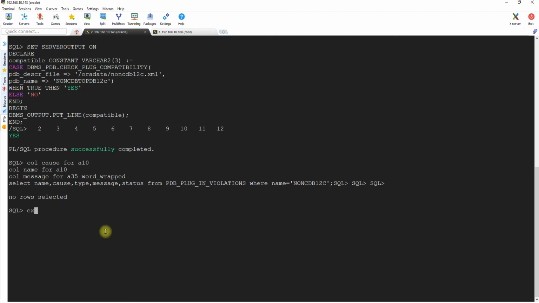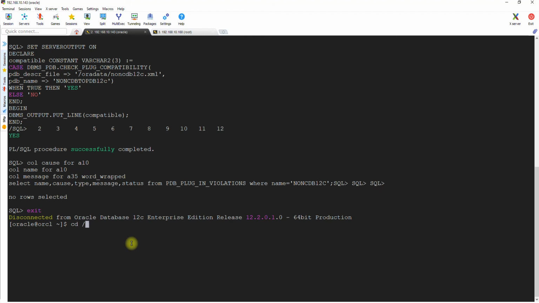Now for this, what I'm doing is, as you all know, we already have a location for non-CDB, because let's say this is a real environment and we already have a complete non-CDB database running, right?